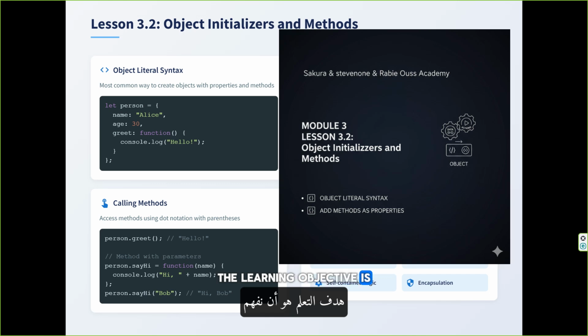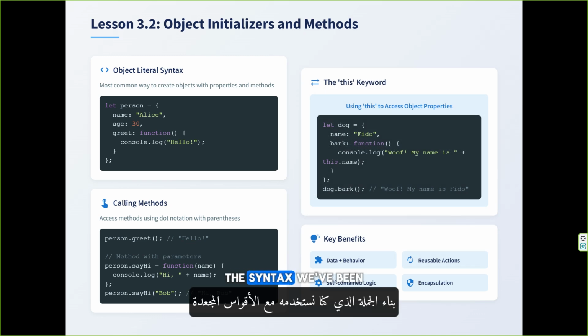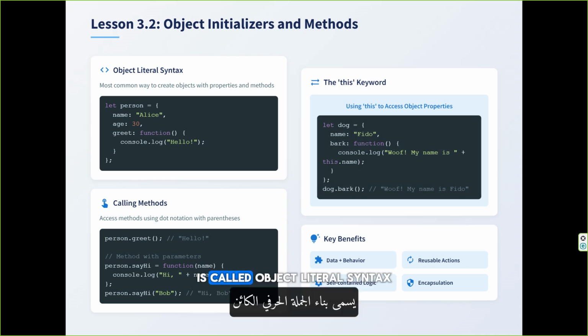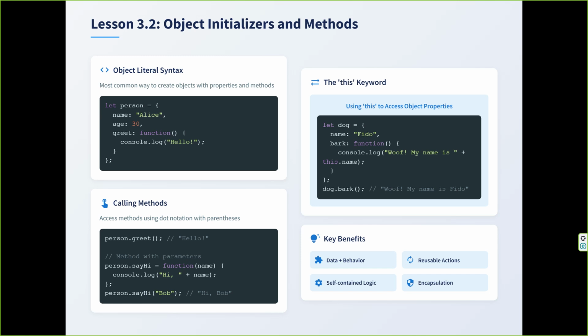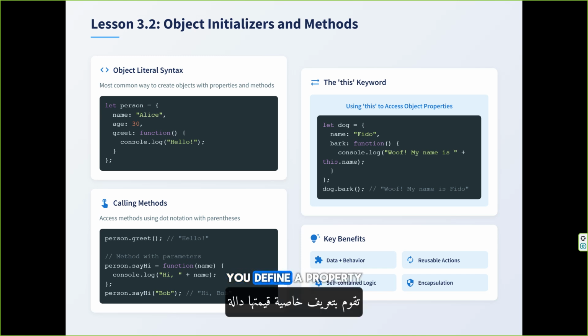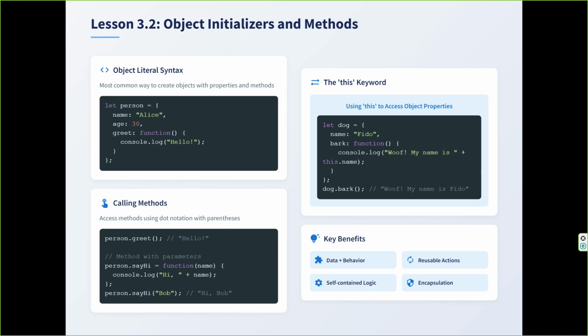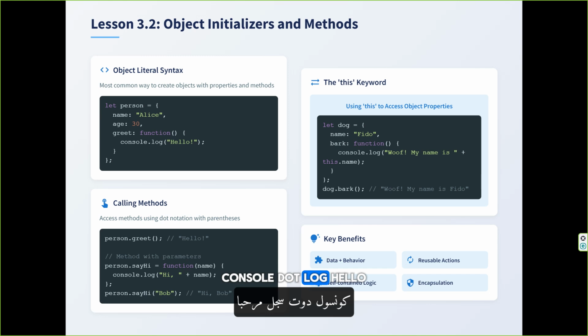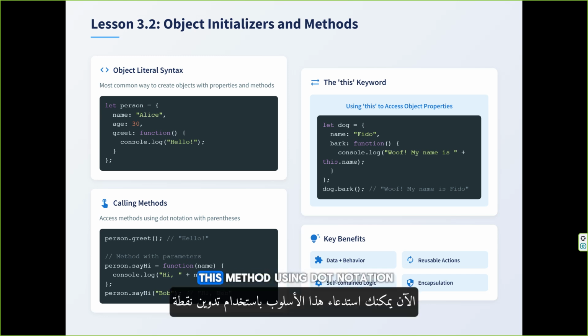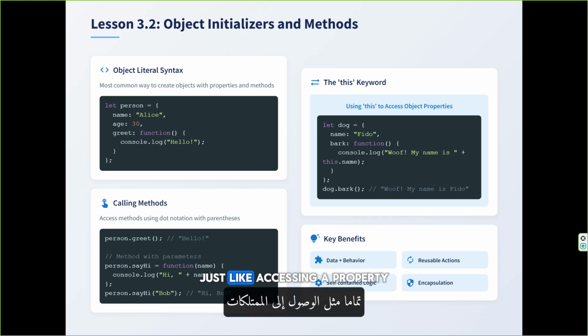The learning objective is to understand object-literal syntax for creating objects and add methods as object properties. The syntax we've been using with curly braces is called object-literal syntax, and it's the most common way to create objects. To add a method, you define a property whose value is a function. For example, let person = { name: "Alice", greet: function() { console.log("hello") } }. Now you can call this method using dot notation, just like accessing a property,